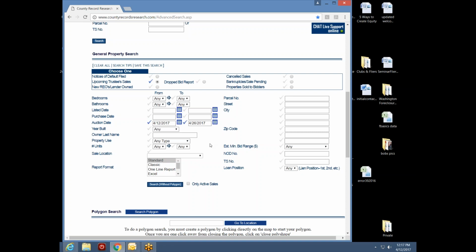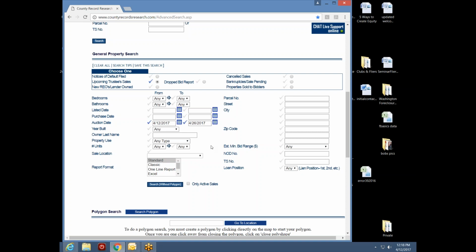Okay, and the reason I'm saying that is the more boxes we fill in, the more criteria we're adding to our search. So if I add a whole bunch of criteria to my search, then in order for the property to come up in my search results, it's got to match all those criteria. So the fewer criteria I set, the more properties I'm going to get in my search results. So I don't want to specify only 3-bedroom and 2-bath, because then any 4 bedrooms will not come on the report. Likewise, no 2 bedrooms would come on the report either. I don't want to specify a specific city unless I have to.